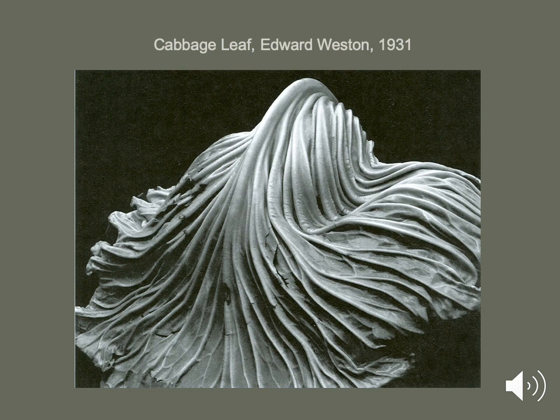We don't think of a cabbage leaf as an object of beauty, and we certainly don't think of it in terms of its aesthetics and it being art worthy. But one thing that Weston was known for doing was taking things that were on this ordinary level and elevating them to this level of fine art. And so he's given us this dramatic composition with organic curving lines that we tend to focus on, the deep dark shadows and the bright, bright lights, and those contrasts in between, and it creates this very lovely image. And so art can be very closely connected with beauty.